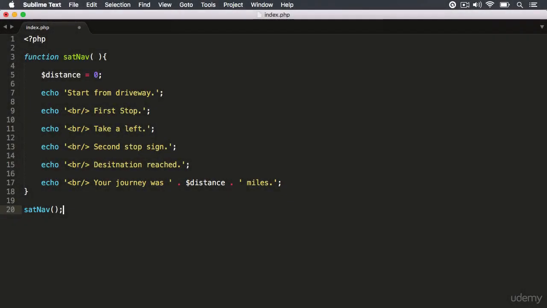So in PHP, we can take a look at creating generator functions. But what I want to do is convert a regular function into a generator function, which can very easily be done. So we're going to start out with a regular function. This regular function is called satnav, and when we invoke this function, it's going to run every single command it